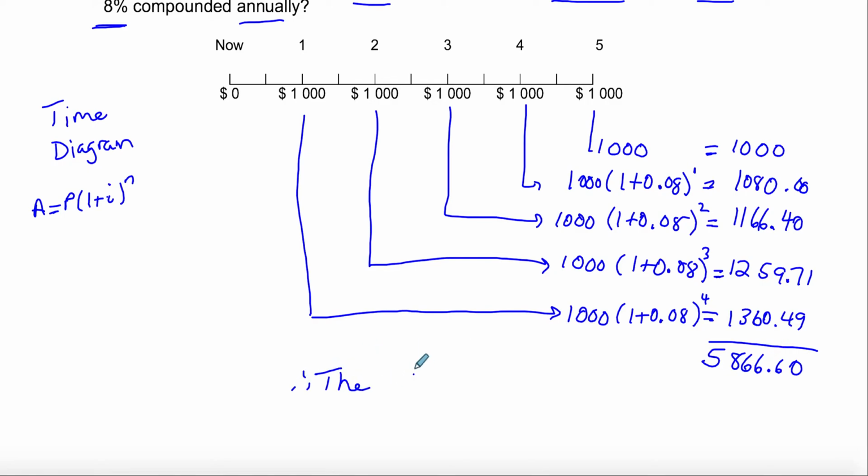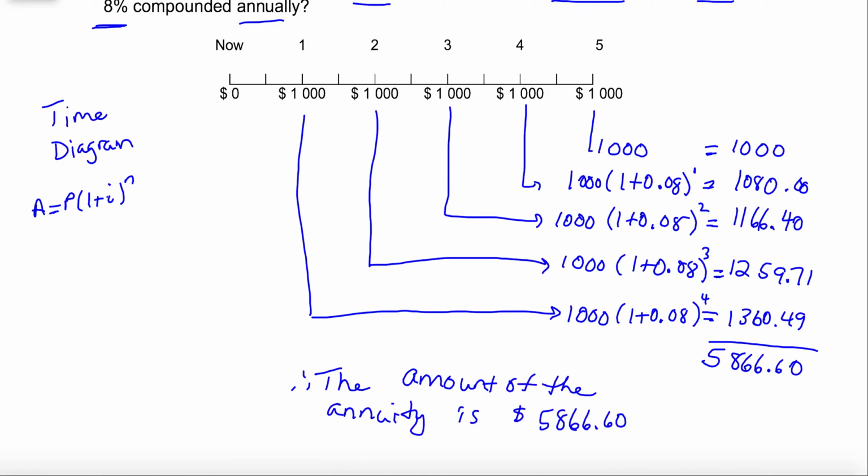So the final amount of the annuity is $5,866.60. Okay, so we are not going to want to make a diagram like that every single time. If your payments were made monthly for 10 years, that would be a lot of work to try and do that. So of course, I'm going to abandon making these diagrams now because we do have a new